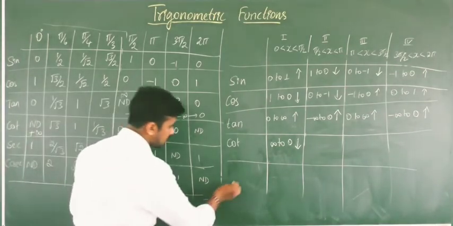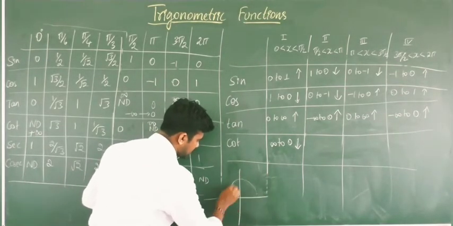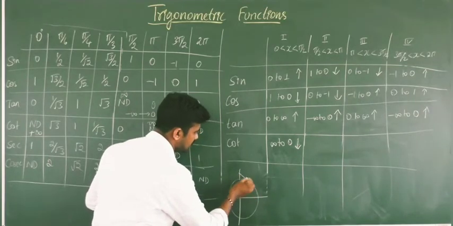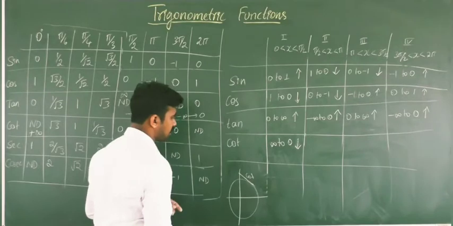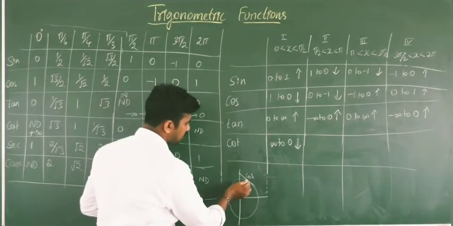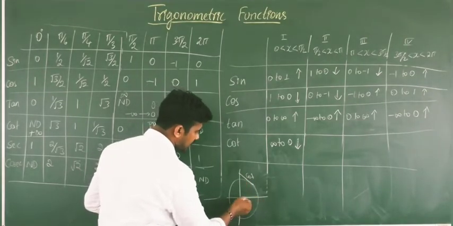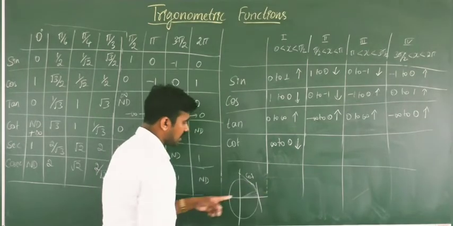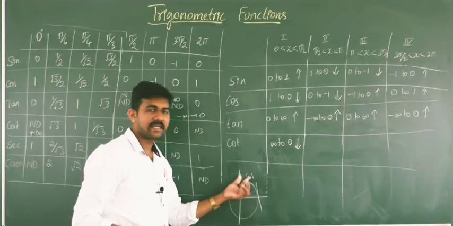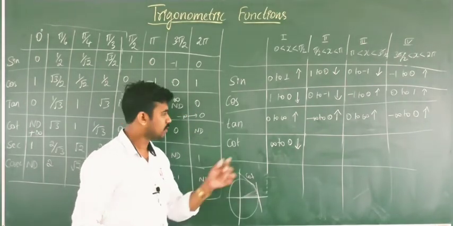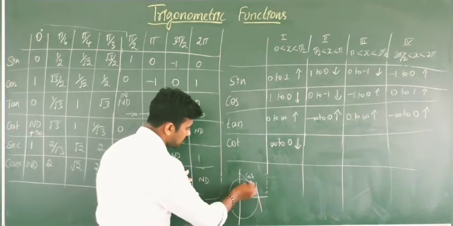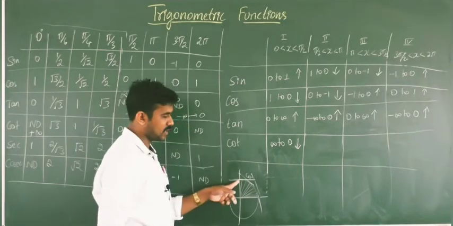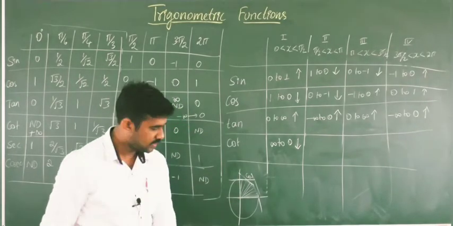infinity. Okay, how does cot come? Like this, when the line touches the y-axis, then this is nothing but cot. In the first quadrant, if you take the line here, the line becomes parallel to the y-axis. In that case, cot is not defined. Cot is not defined. And if you come to pi by 2, then cot takes the value 0. Okay, here cot is 0 in this case.